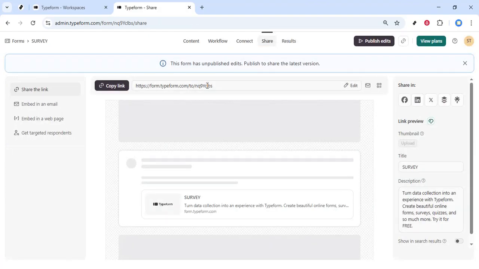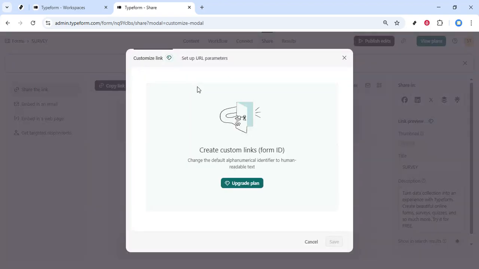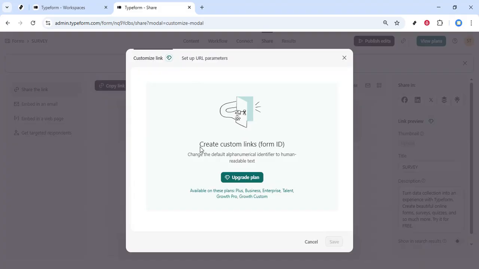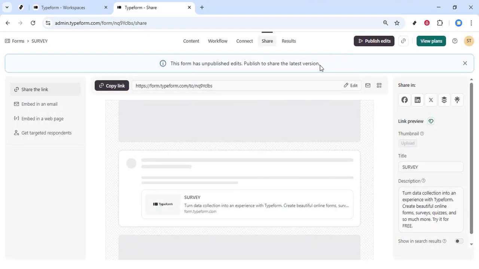Next, you'll want to look into creating custom links. Custom links can be particularly useful if you're planning to distribute your form widely and want to track its performance across different channels. In this section, you'll notice that to access some advanced features, including creating custom links, you may need to upgrade your Typeform account. The upgrade provides additional capabilities such as enhanced analytics, more customization options, and priority support, which can be beneficial depending